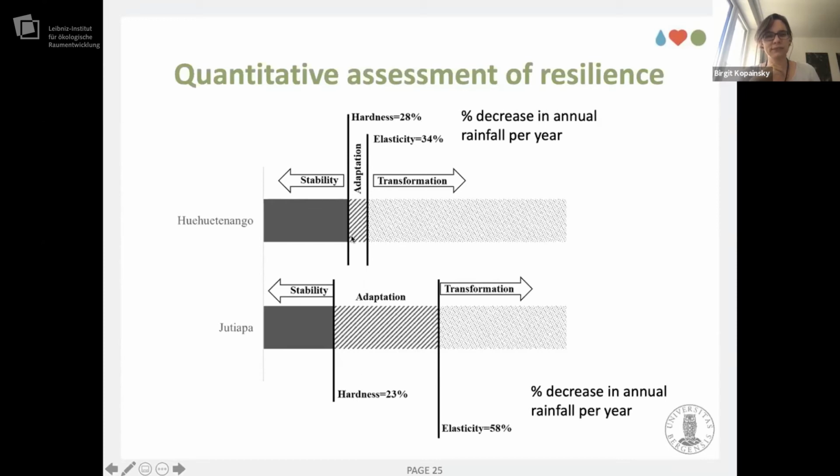But what's interesting here is not so much 23 versus 28%, but this window, I call this the window of opportunity, this adaptation window, where we do see a change in the outcome function, but eventually we see a recovery. This is very small in case study A, and it's much larger in B. It's up to 58% reduction in rainfall before the system collapses as we know it today. And we can discuss the structural origins of this. Basically, it's